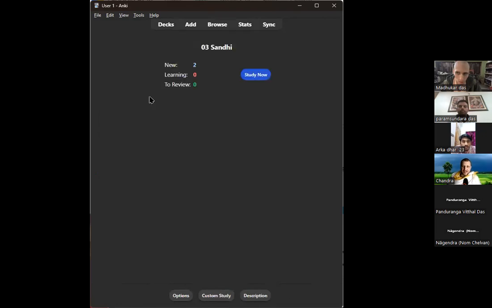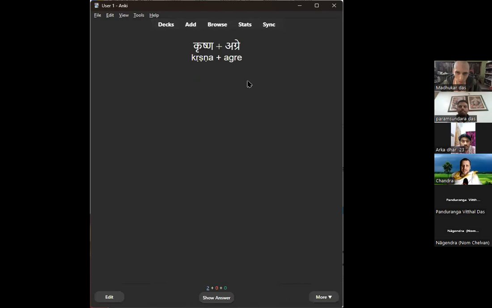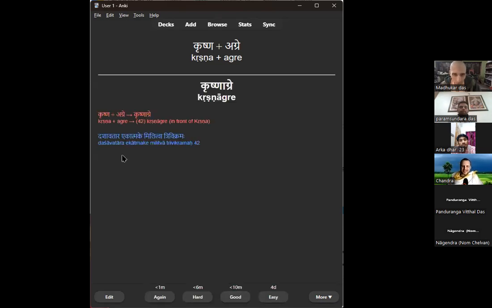So one more thing, I've just got a quick sample here, is that Prabhu, you were mentioning Sandhi. Yeah, the Sandhis. So just a quick example, basically the same thing. So again, Krishna plus Agre, what would it be? Anyone want to tell the sutra? Very easy one, come on. Dashavatara. Atara Trivikramo, Dashavatari Katmake Militwa Trivikrama, right?